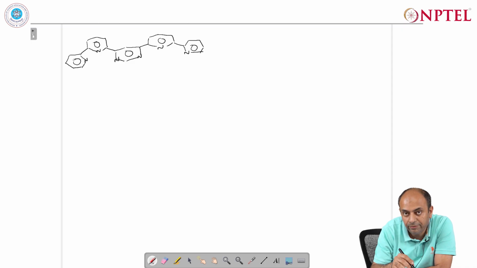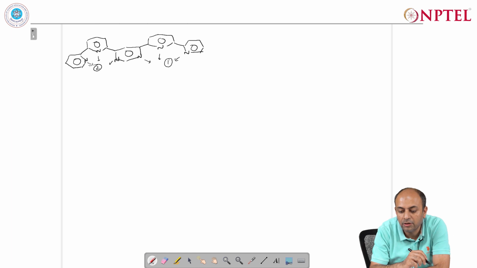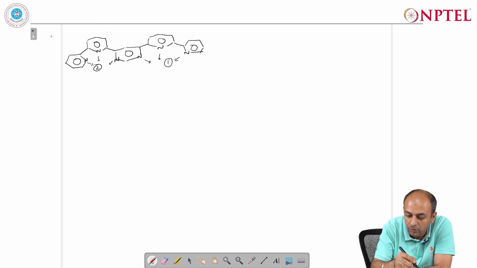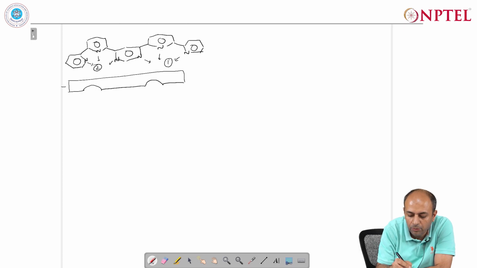So now this is a very different kind of ligand. Now here you see this is having denticity 6 but topicity 2. So this is one region of binding, and this is the second region of binding, and so this is now my polytopic